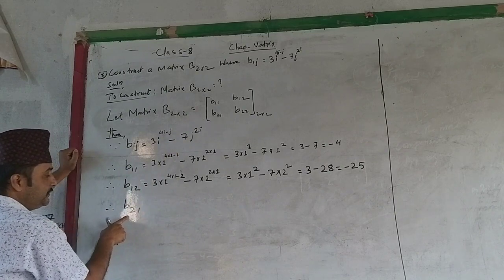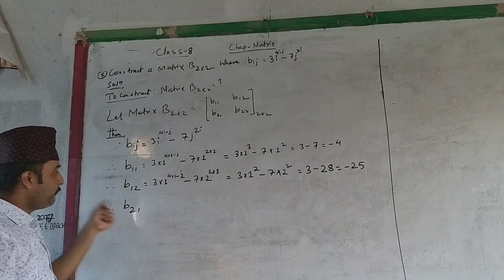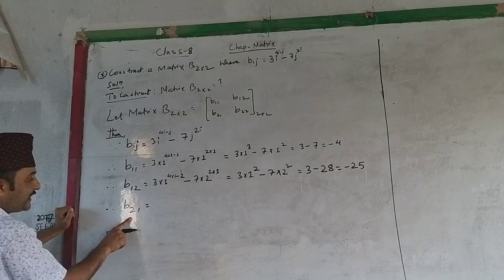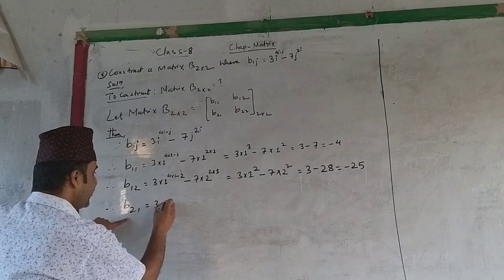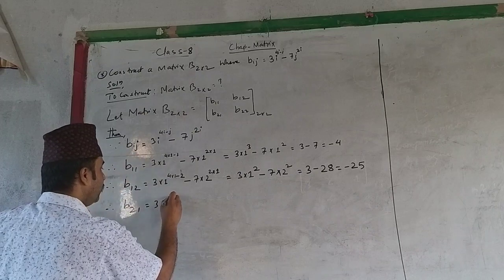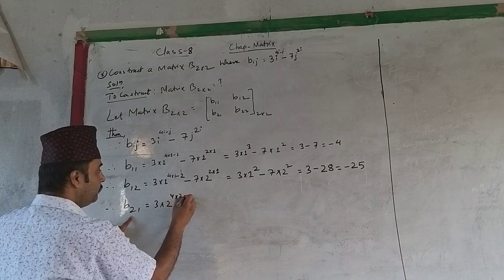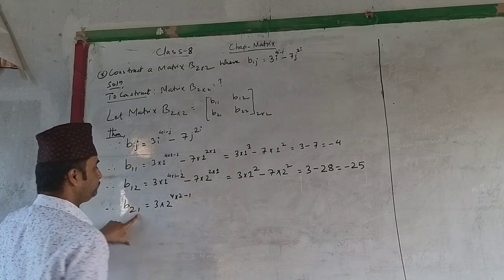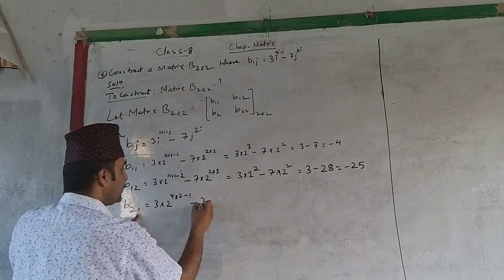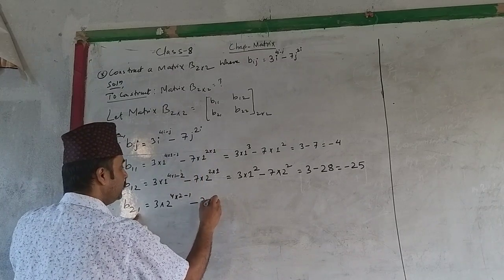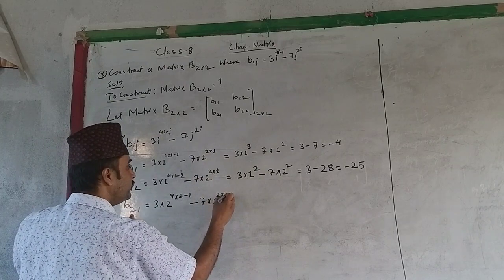Similarly you go for the third element, lying in the second row, B21. B21 is the element of matrix B lying in the second row and first column. That means i is 2 and j is 1. So put the value over here. 3 to the power, what is i? i is 2, and 4 into i, which is 2, minus what is j? j is 1, minus 7 times j, which is 1, 2 to the power 2 into i, and i is 2 here.